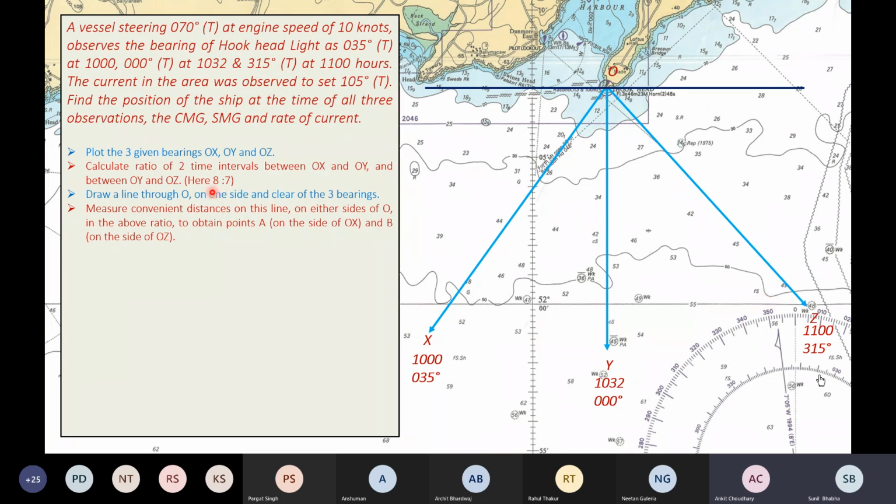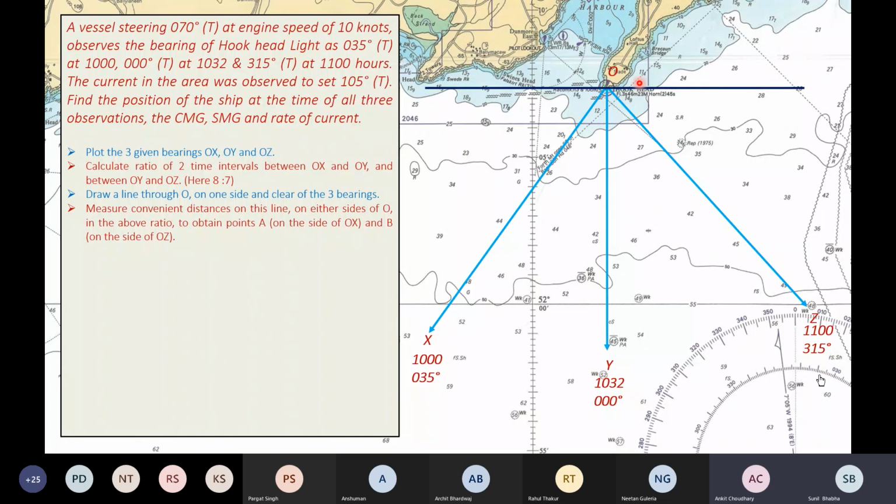We obtained a ratio of 8:7. So we have to measure convenient distances on this line on either side of object O in the same ratio, that is